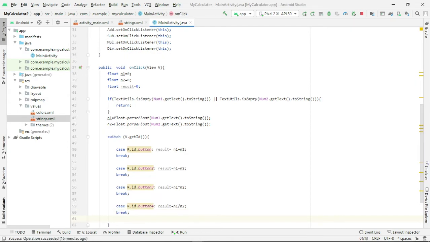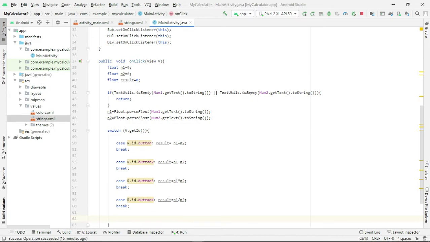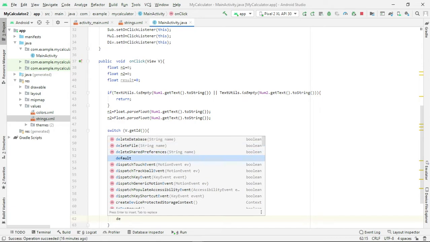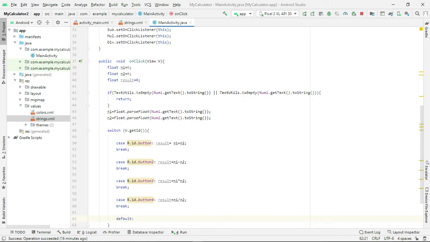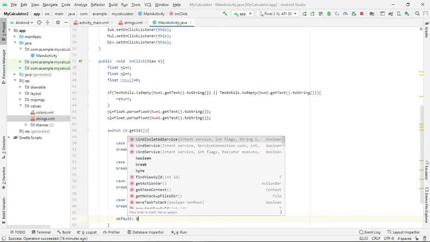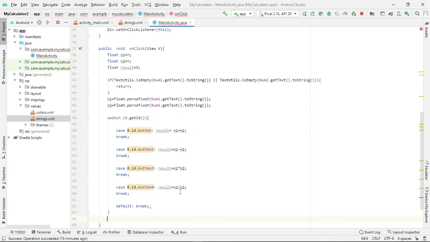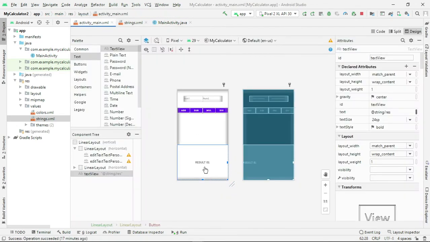Okay, for a default case, if it is other than these buttons, you just have to break it. So for the default, break. Okay, now whatever result you are going to get, you are going to display in your edit text.